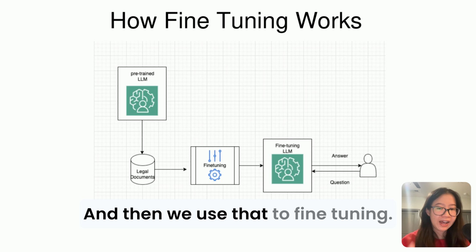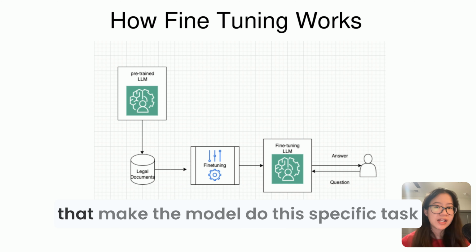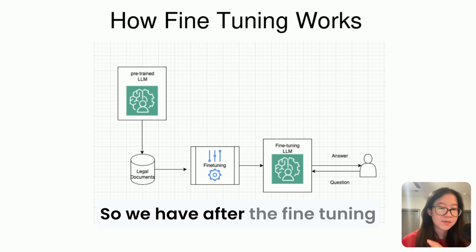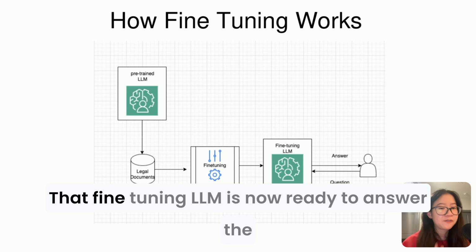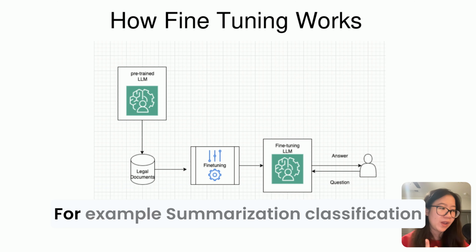And then we use that to fine tune. Fine tuning here is to change some parameters that make the model do the specific task that it may not have trained on before. After the fine tuning step, we have the fine-tuned LLM. That fine-tuned LLM is now ready to answer questions from your user or perform any kind of task, for example, summarization, classification,